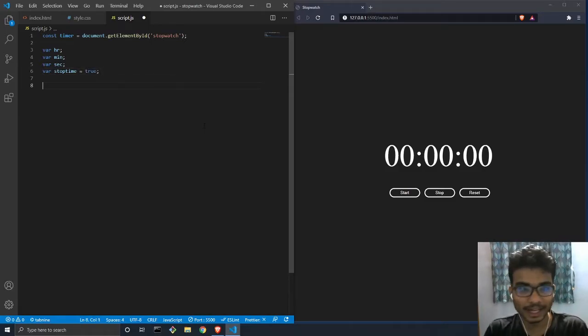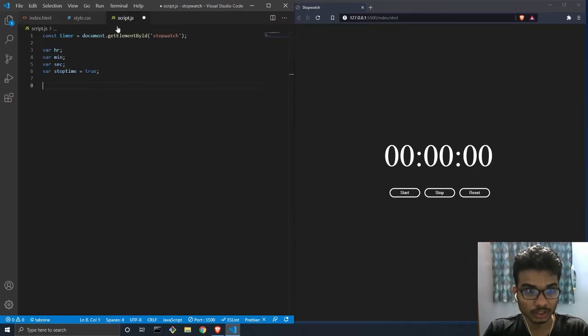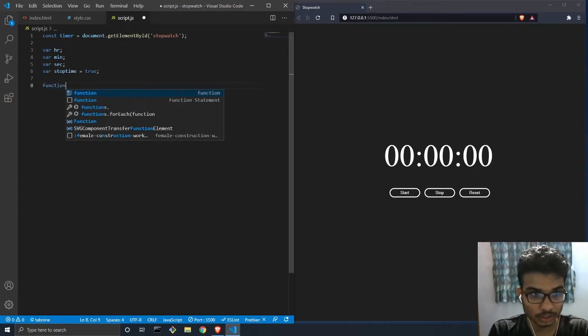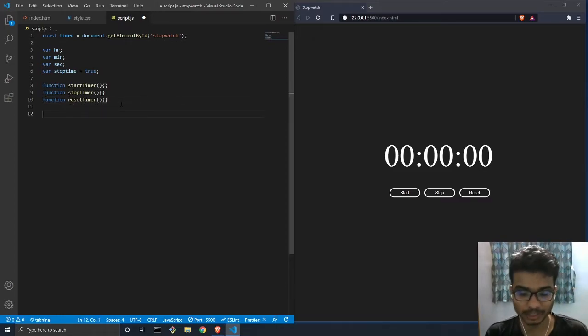So before we go ahead and create the functions which are mentioned here, we'll just copy them. Start timer, stop timer, and reset timer. So we need all of these functions. So we'll do function start timer, stop timer, reset timer. Before we go ahead and write all these functions, I want to make the main function out here,